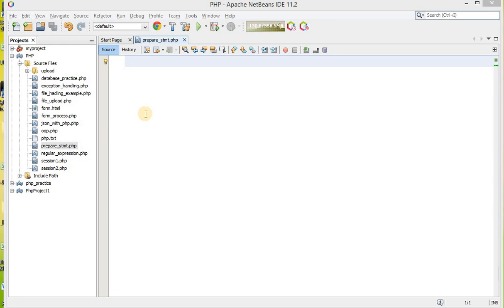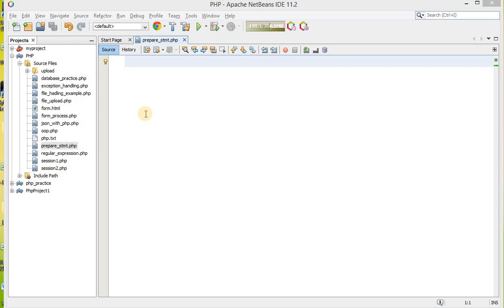Whenever we execute a query, till now what we are doing is we build a query, and in the query we set the field list and the values for that record, and we just execute that particular query. Now if we want to insert multiple records into my table, then I have to execute multiple queries. If I want to insert 3 records, I have to execute 3 SQL queries.